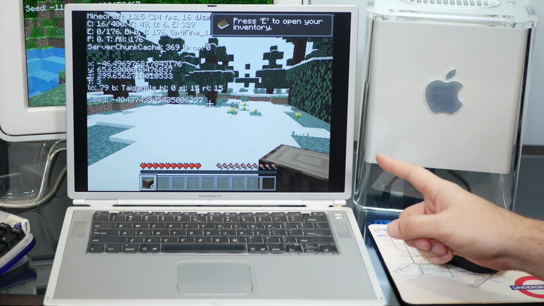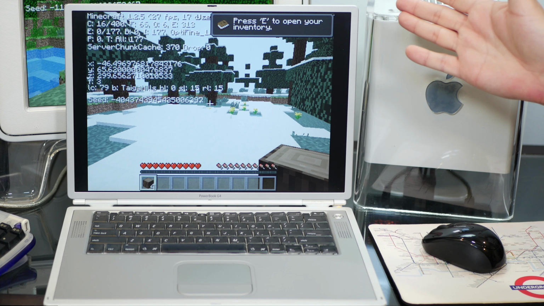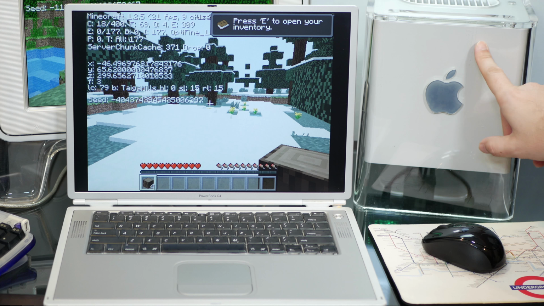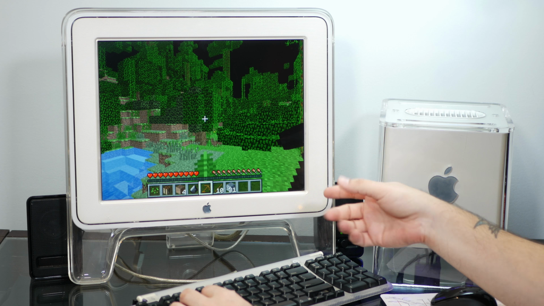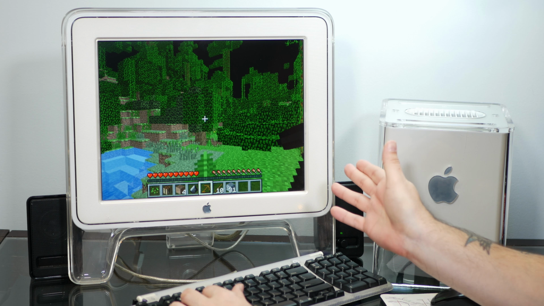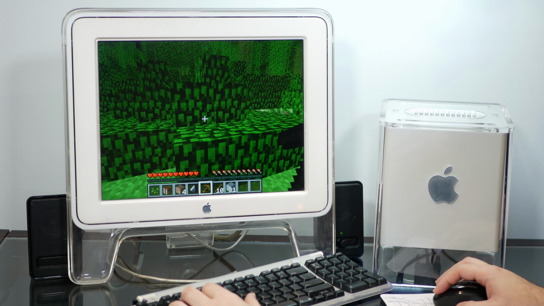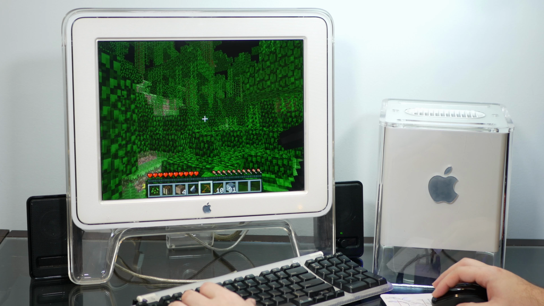And part of that might be because this is running Tiger as the operating system instead of Leopard, which is what I have on this cube here. So Tiger uses a lot less processor and a lot less memory. So yeah, I'm really impressed with how Minecraft 1.2.5 runs on this G4 cube that should never ever have been able to actually run it. We're getting a pretty solidly playable frames per second, around the 20s or so, with a couple slowdowns, but yeah,